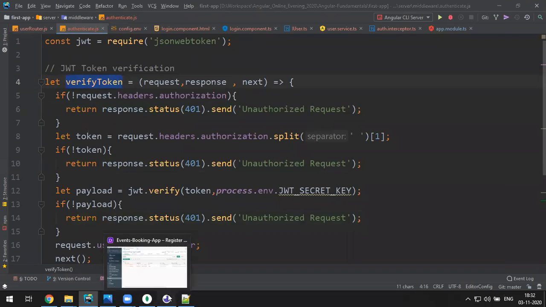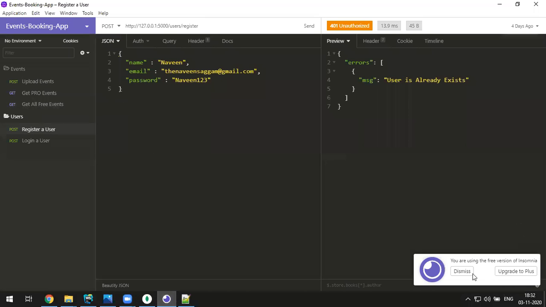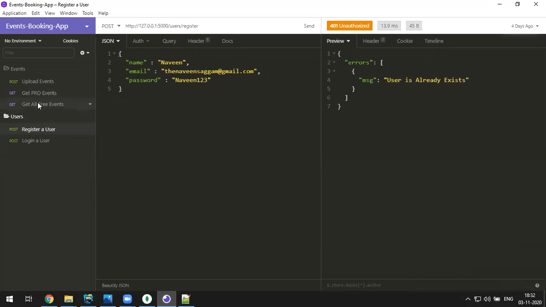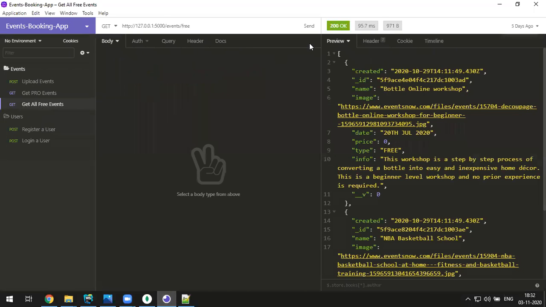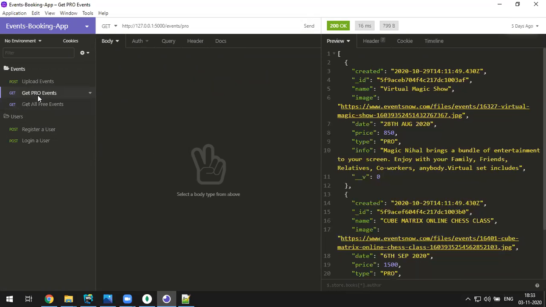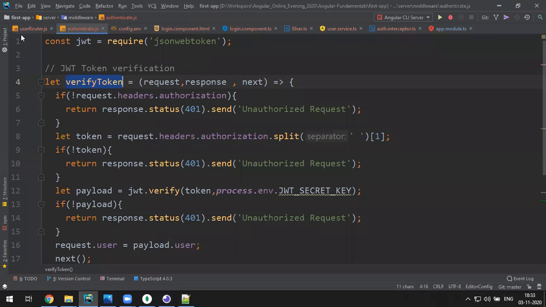First tell me, if you go here, get all free events, right? Get all free events is what? It's an open request, a public request. Anybody can access free events without even login. I'm talking about server side. Pro events: the person who has logged in can only see the pro events. So as of now, if you look at the pro events logic,